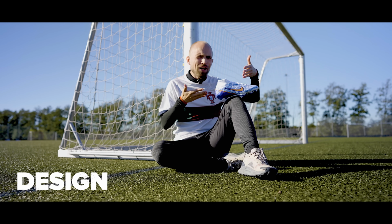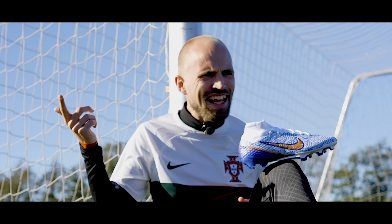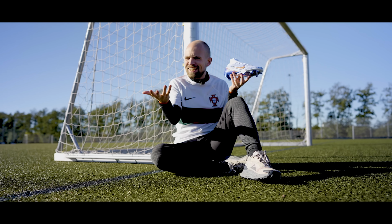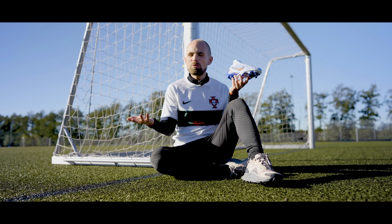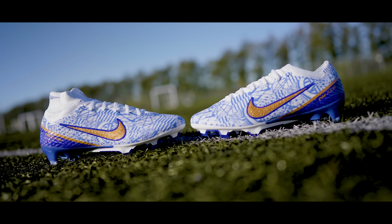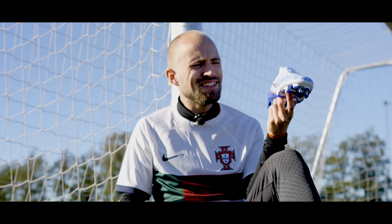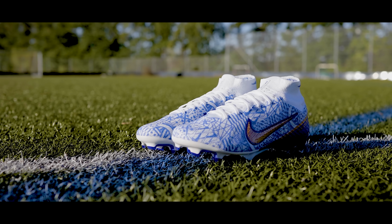So, new Ronaldo boots again? Well, yeah, here they are. But I mean, if this is indeed his last World Cup ever, it's a nice way to end that chapter of his career with a pair of signature boots. But as far as I know, this pair of bad boys don't really have an official name like some of